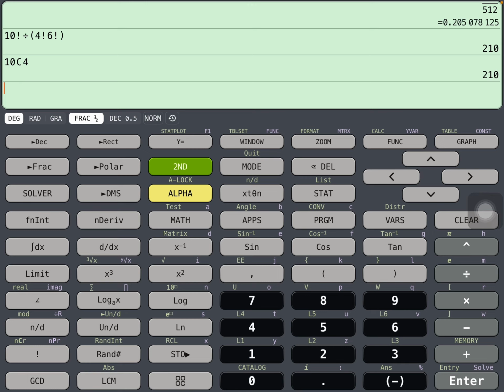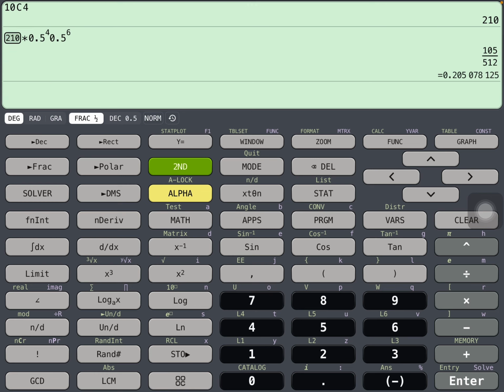So we're going to take that number and multiply it by 0.5 raised, where's the little caret? Raised to the 4th, and then arrow to the right to get out of the exponent, and then again times 0.5 raised to the 6th, and what do we get? 105 over 512, or about a 21% chance of getting exactly 4 heads, which is kind of interesting because if we had 10 choose 5